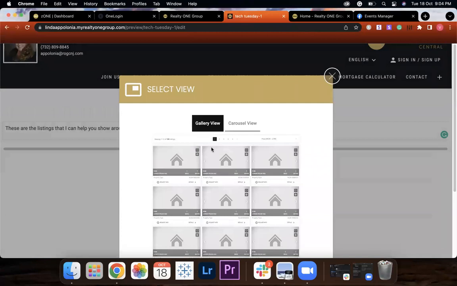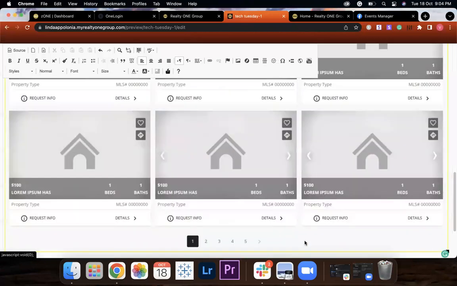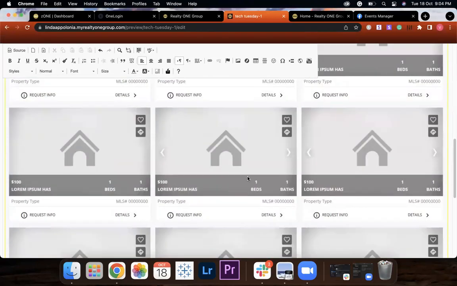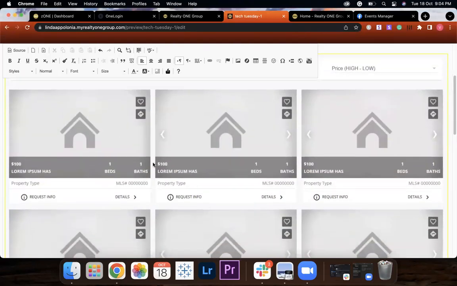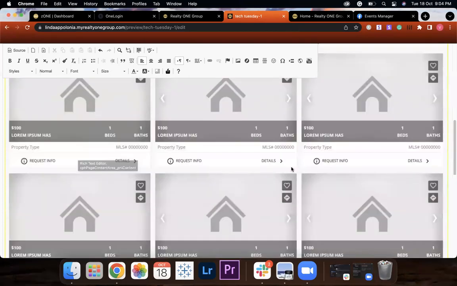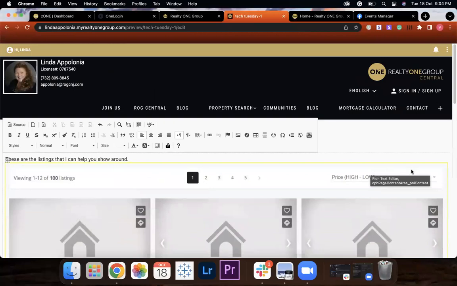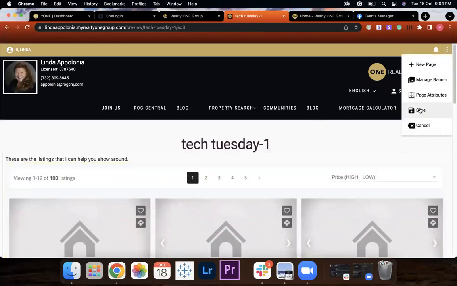Let's say I want to give it a gallery view. I'll just select this. And now this is how your page will look like. Don't worry about these settings. This is just to show you how it will look like. Once you click on save, then all the listings will show right here. So if I click on these three dots again and click on save,